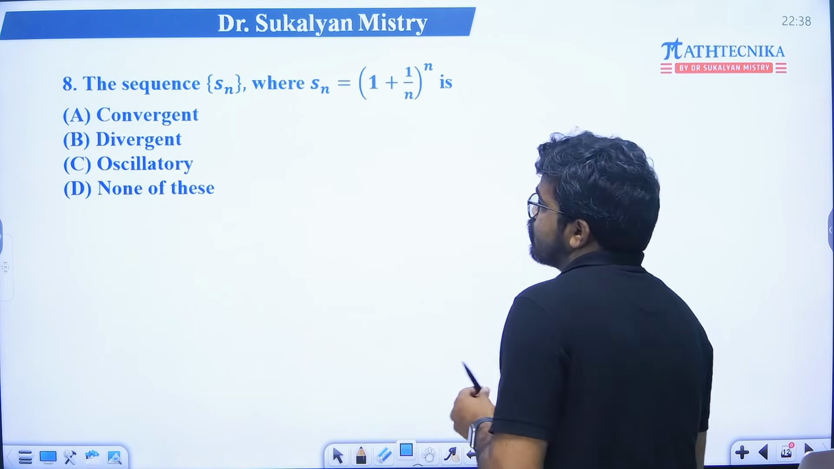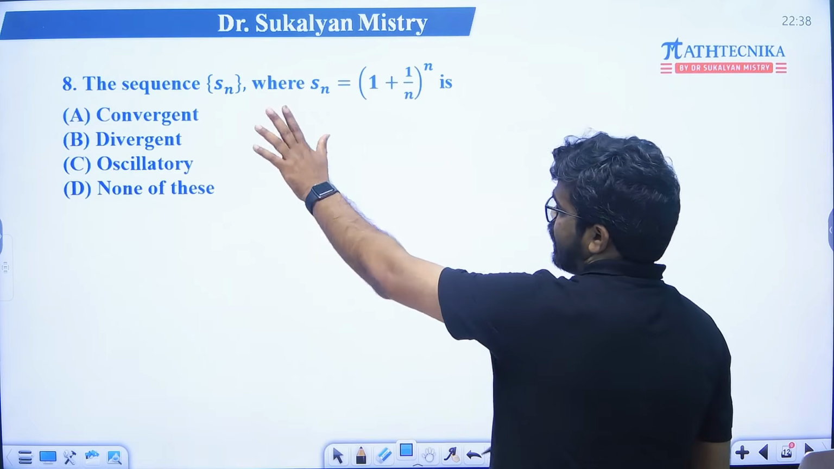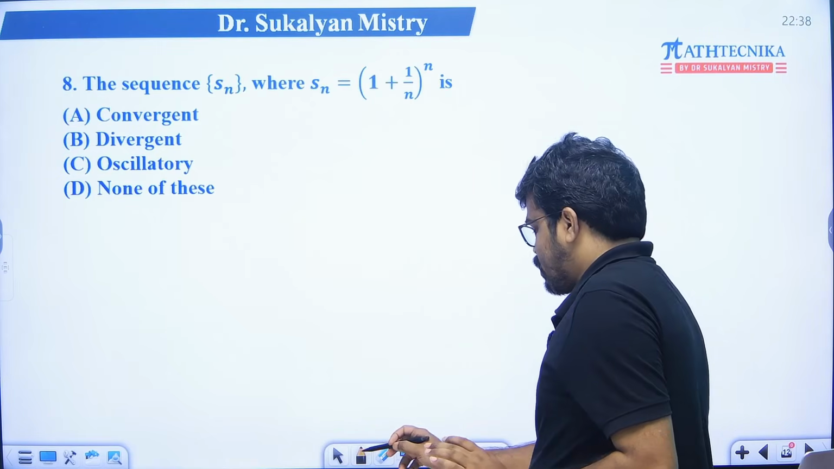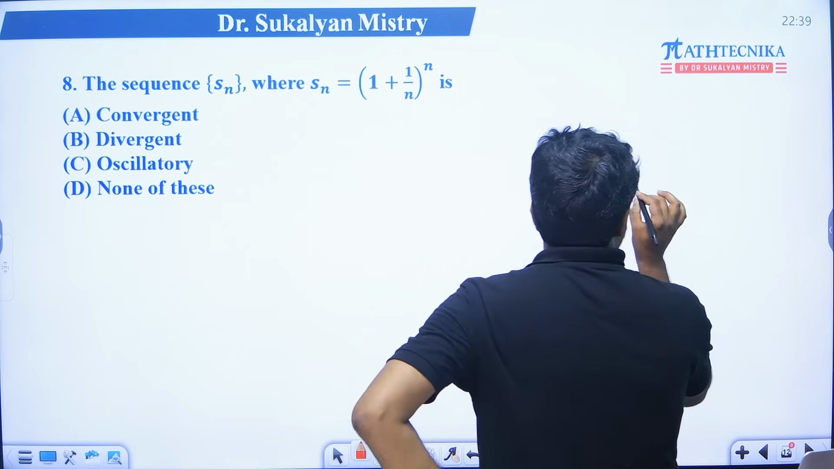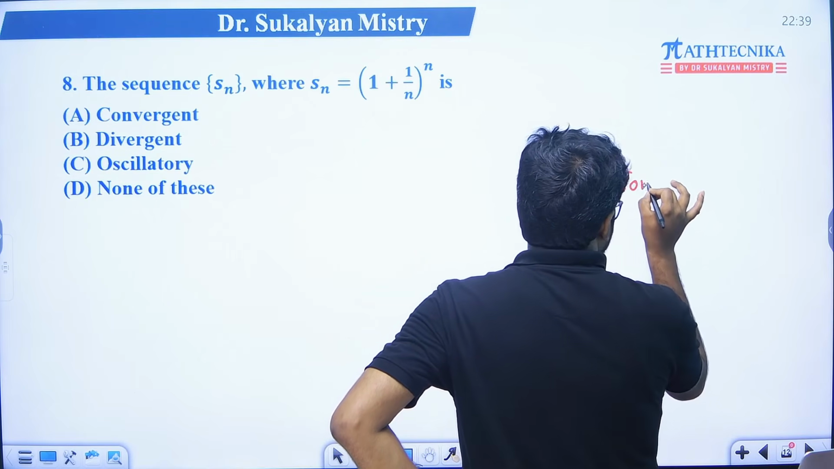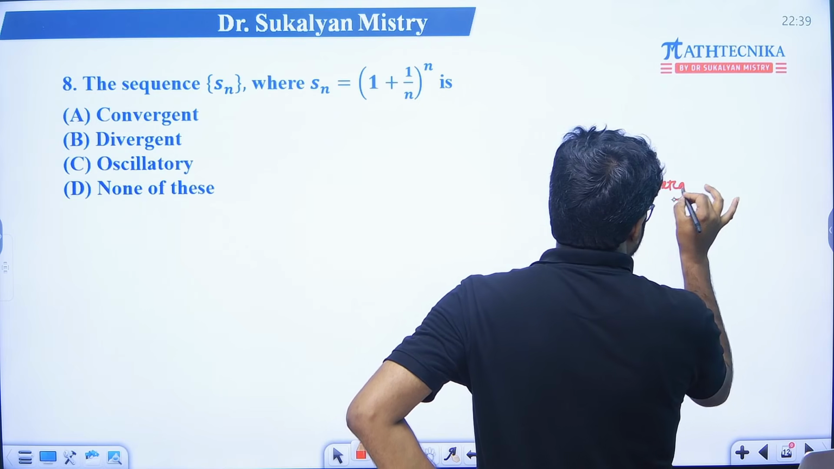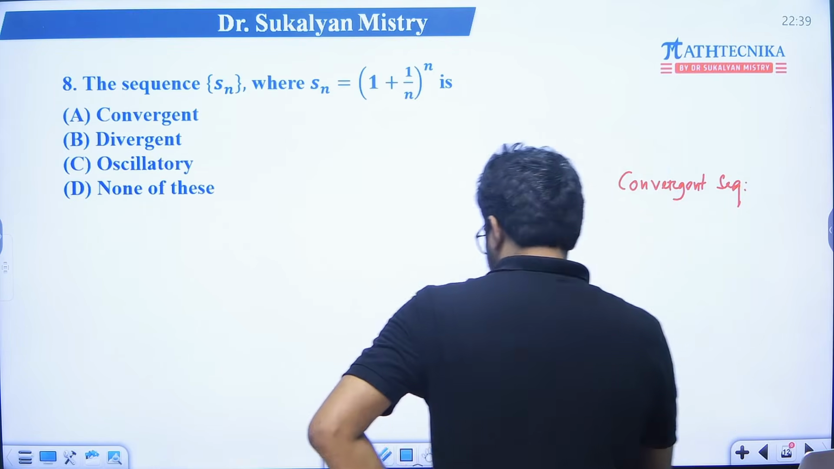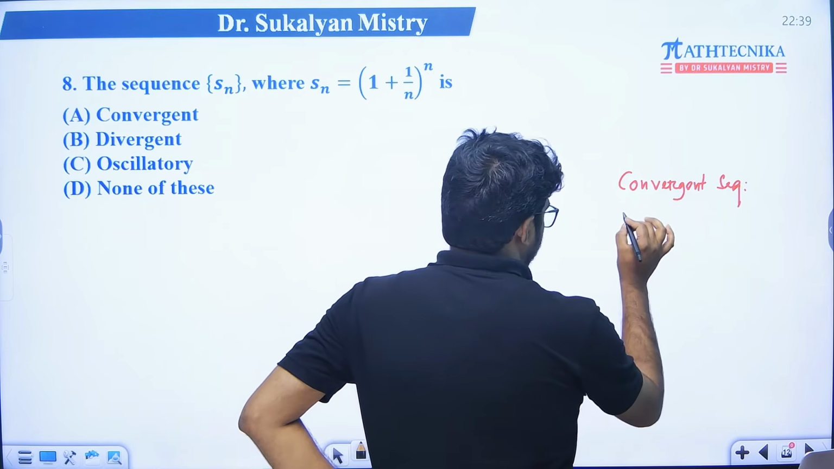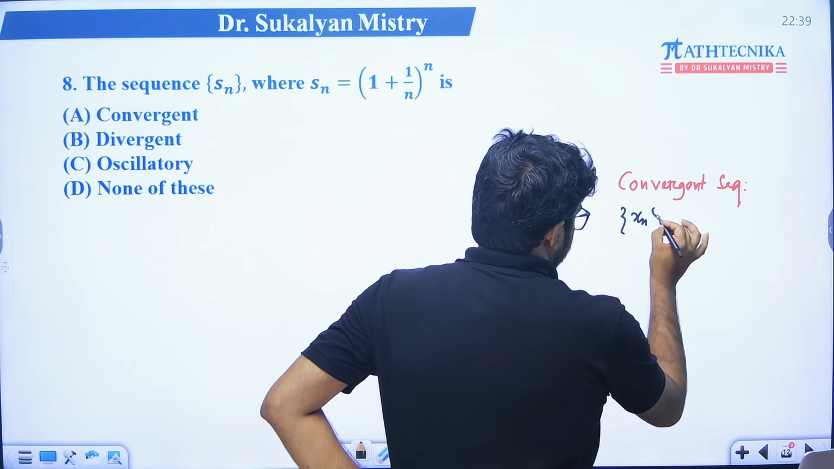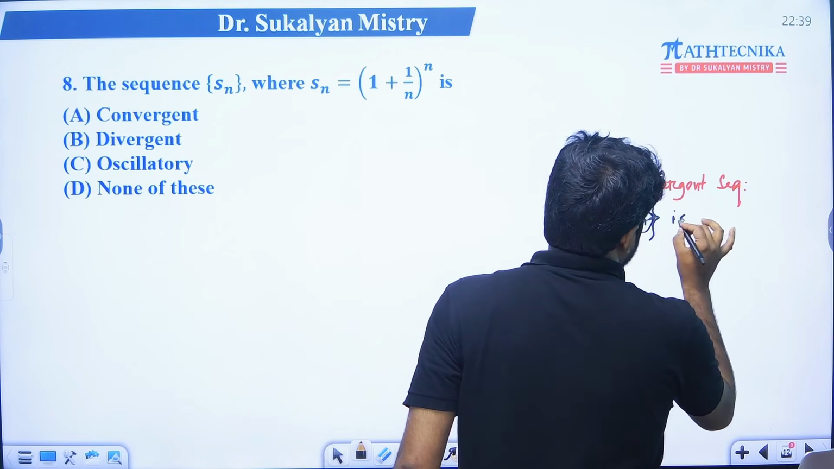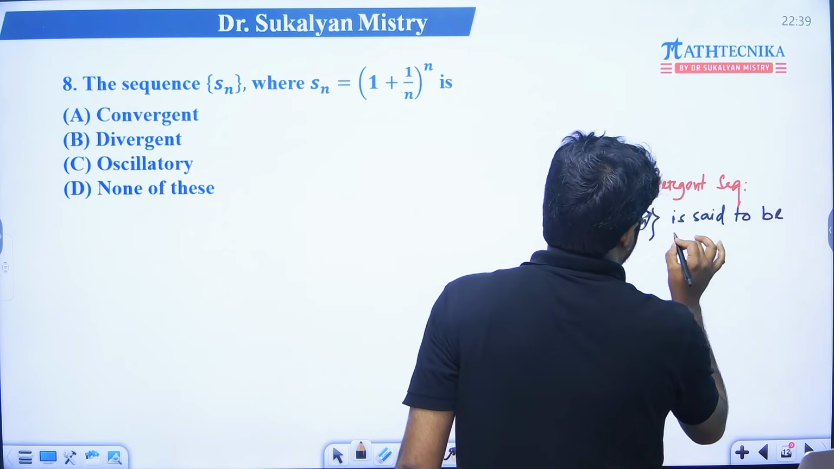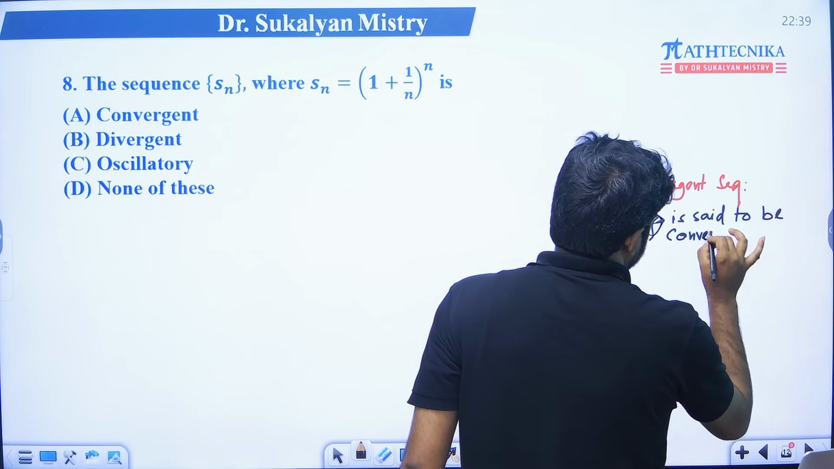Same type of problem. Here the sequence Sn, where Sn is this. What is the definition of a convergent sequence? Just recall this definition. A sequence Xn is said to be convergent